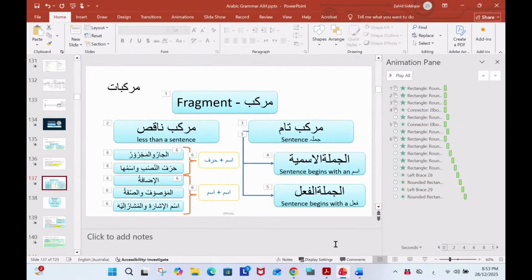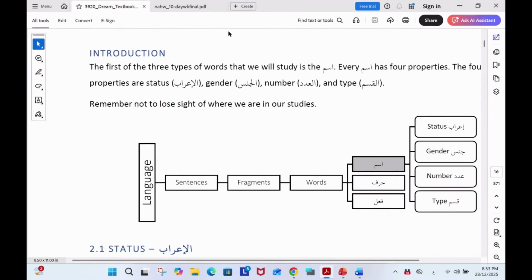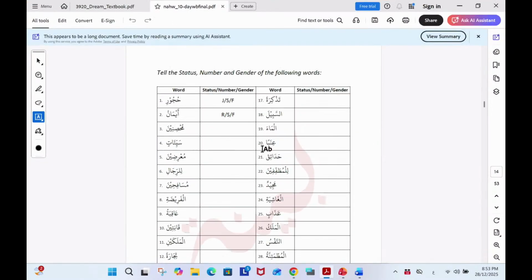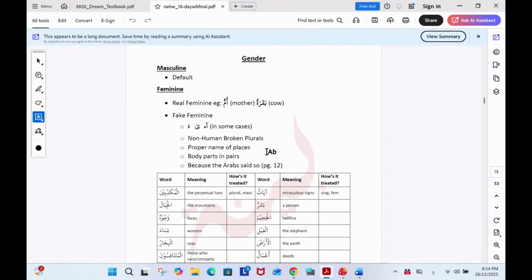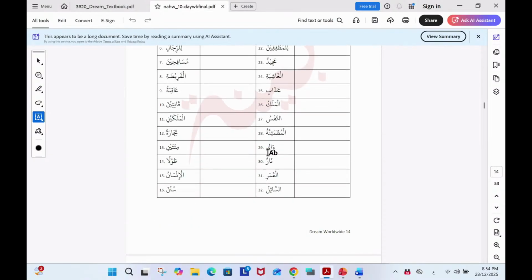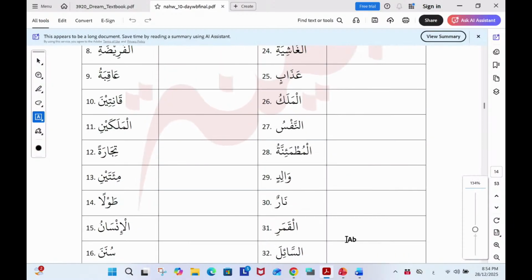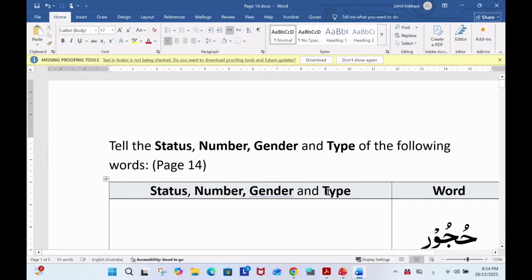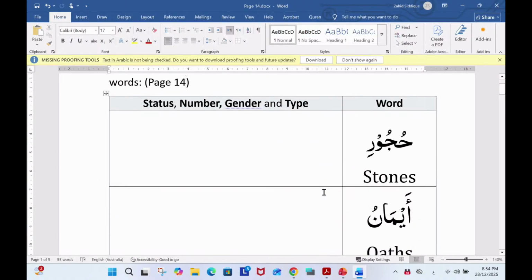Now, before we start learning about these fragments, I would request you to open your books and we will practice what we have studied so far. You can open page number 14. In today's session, we will analyze these words from the 4 properties of the ism, which are status, number, gender, and type. So the first word, Ryan,